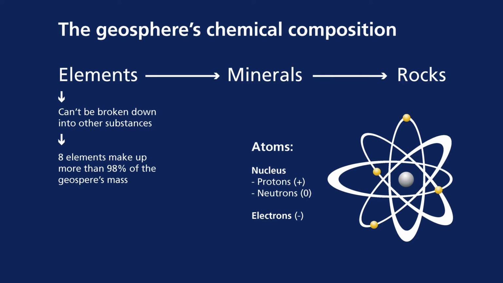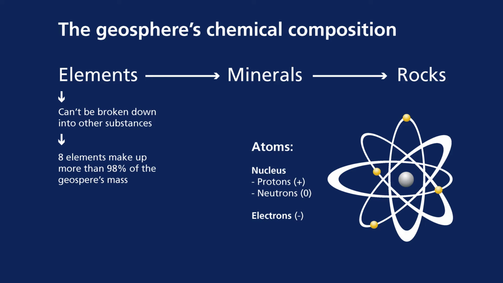The geosphere, of course, has a chemical composition made up of elements. The smallest substance that cannot be broken down any further is an element. Eight elements make up more than 98% of the geosphere's mass. I believe it's 98.2% of the total geosphere's mass is composed of 8 elements, and we will be looking at